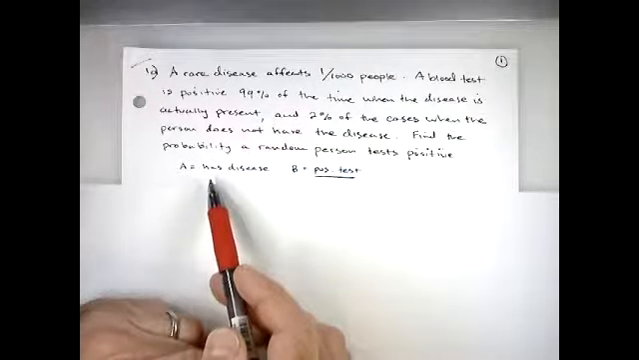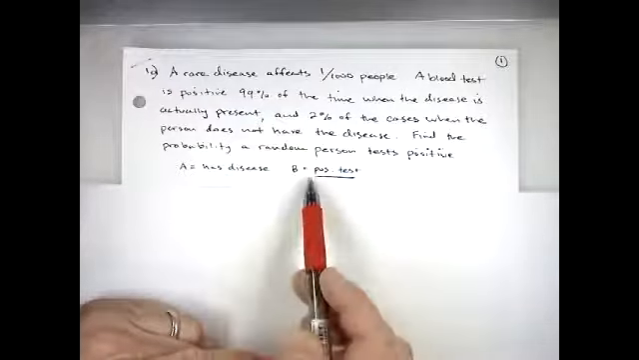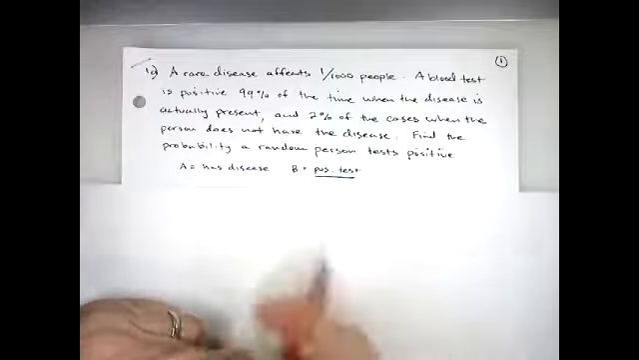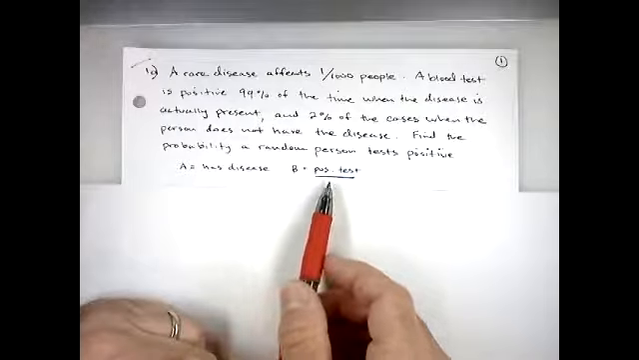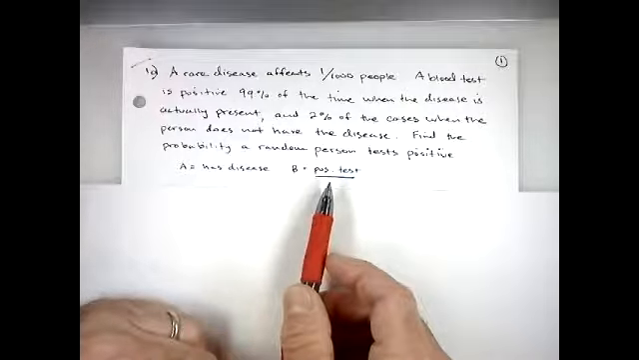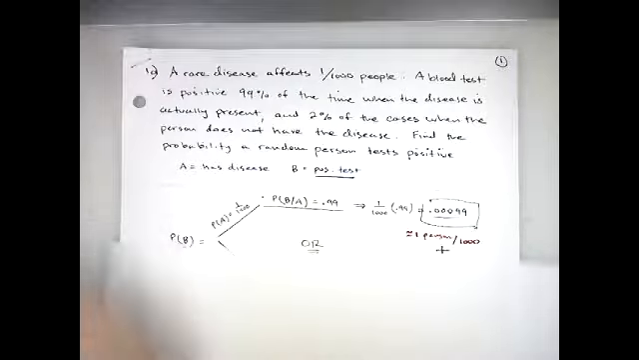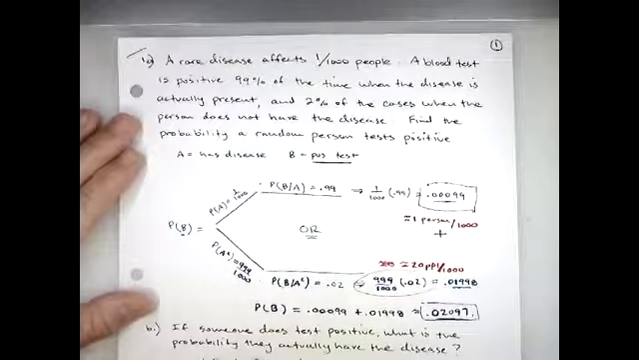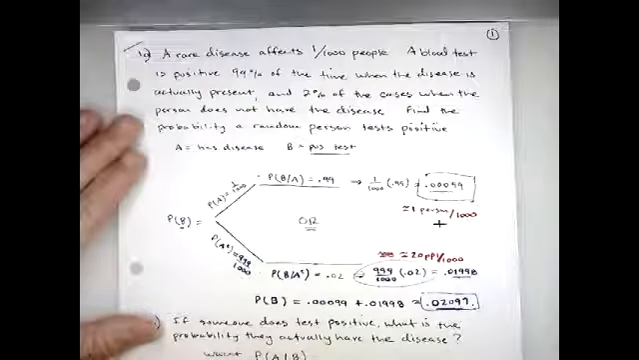So I'm going to let A be the event that the person has the disease, and B is a positive test result. And like last time, we realize that positive test results can come from people who actually have the disease and people who don't have the disease. So a tree diagram would probably be the best way to visualize this total probability. Okay, so